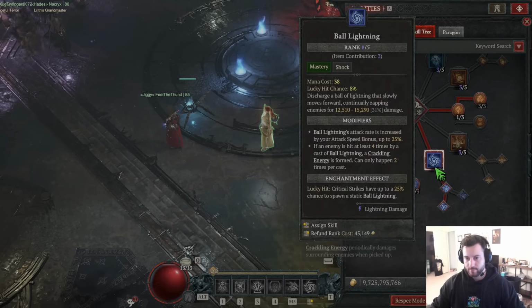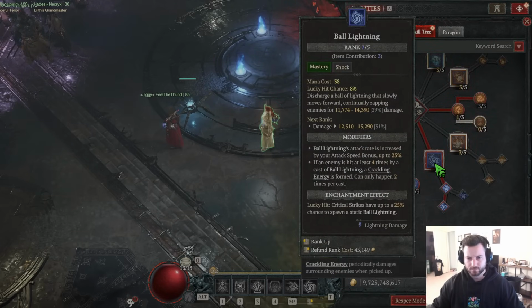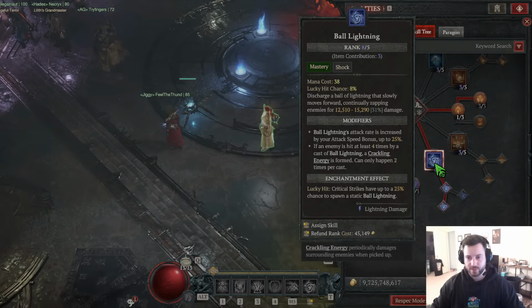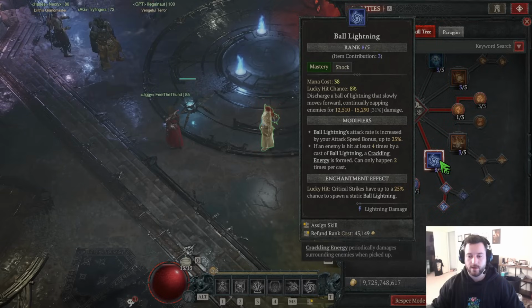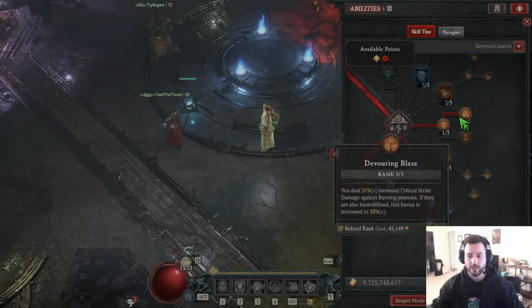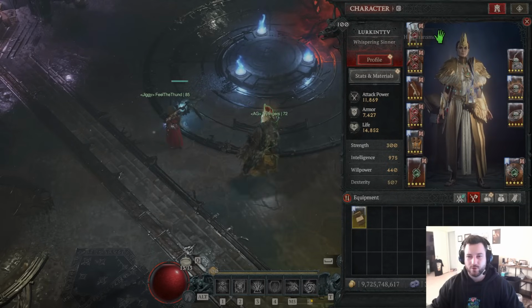So like that'll end up... Let's see, this scales by 29 to 31%. This will go up 8%, which will be about 25% damage. So another 4 ranks all the time will equal Devouring Blaze. And if you do end up getting a Shako,